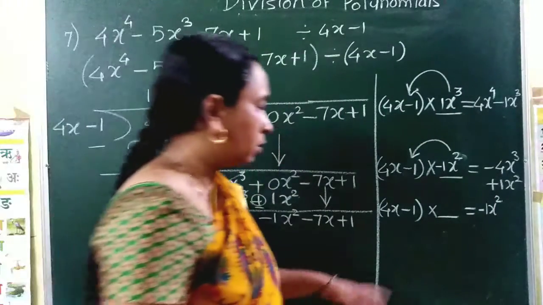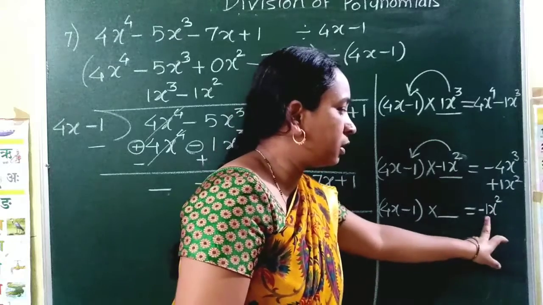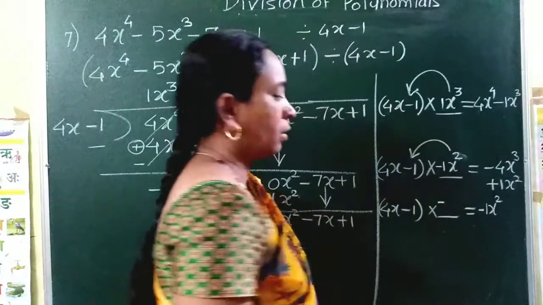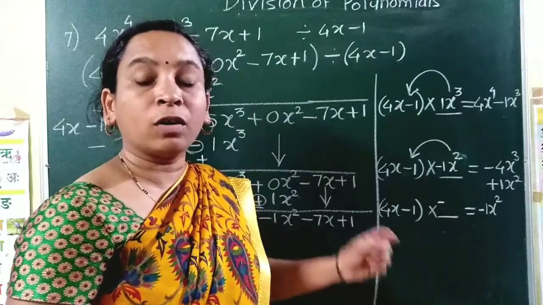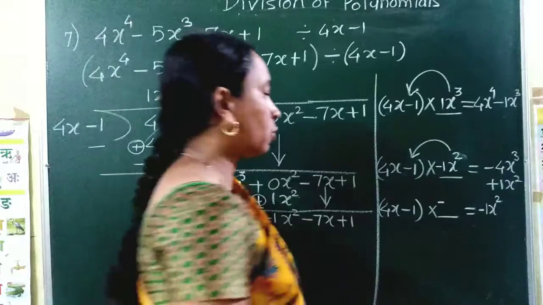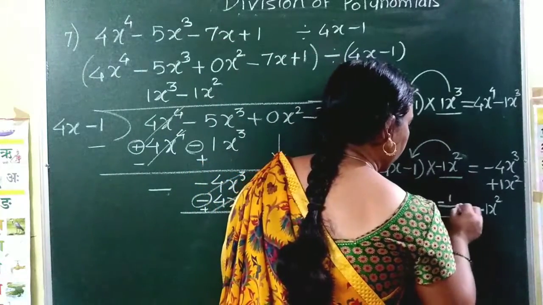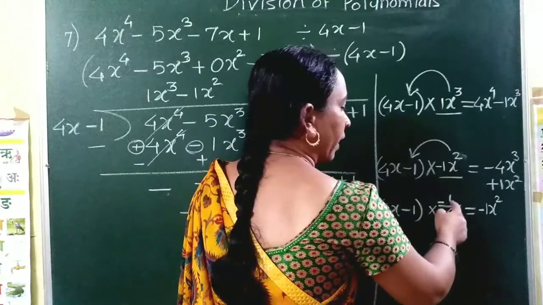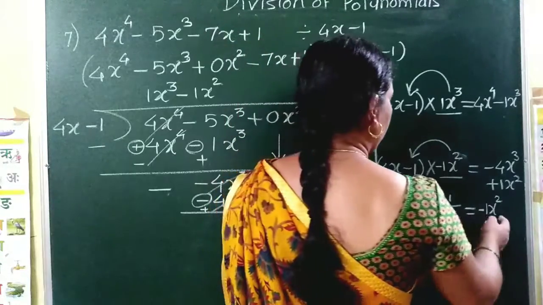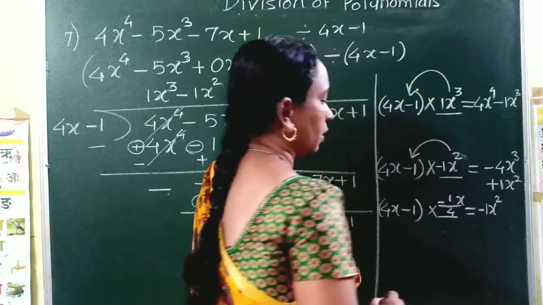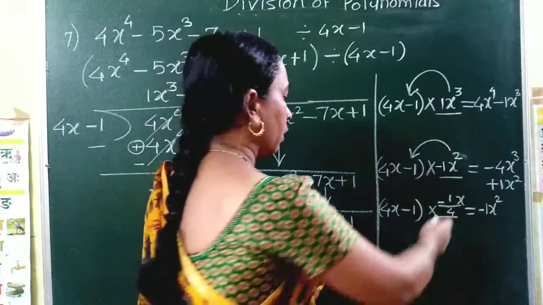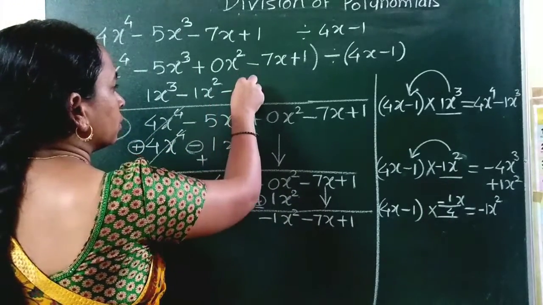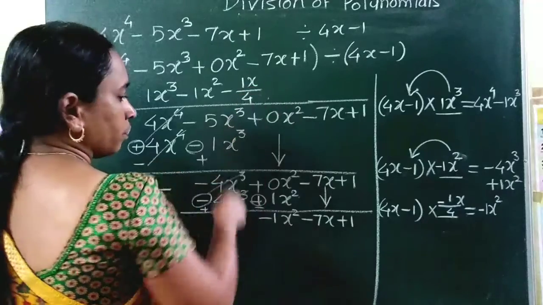Now if you observe here I need 4x and here it is minus 1. So first I will adjust minus sign. Now 4 I don't want it. I want the product negative 1. So numerator I will take it 1 and I will divide this by 4. So 4 will be cancelled with this 4 and only minus 1 will be left. So here what is needed? X is needed. Now I will write this as the next quotient 1x upon 4.